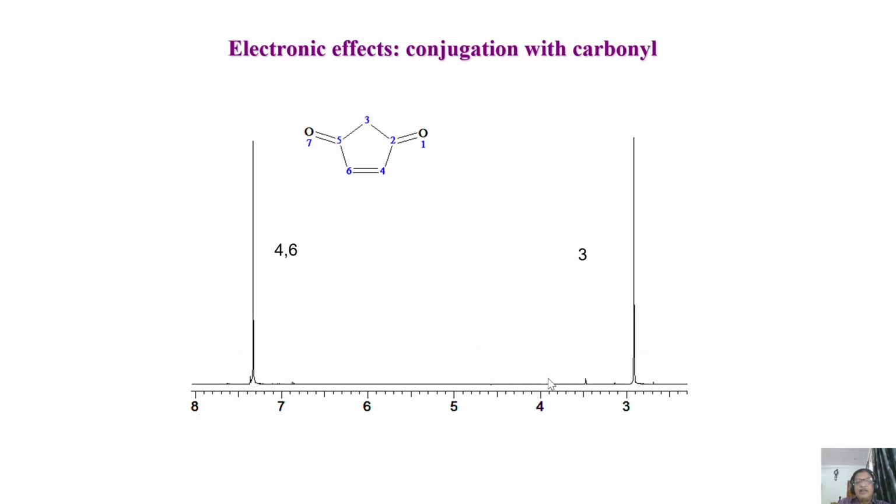It is the electronic effect. As I said, in the conjugation of this C=O, in this case, this proton you see coming at high field, close to 2.9 ppm, whereas these two protons, 4 and 6, come very close to this. See the effect of this on this molecule. A simple molecule, symmetric here. These two protons are equivalent, and just by substitution of C=O in this position, this proton came to high field, whereas the 4 and 6 protons come to downfield.